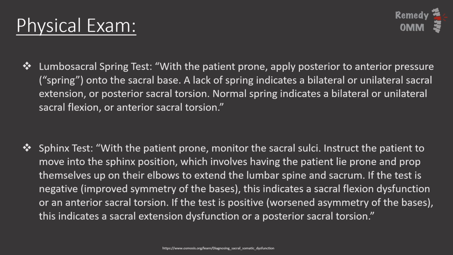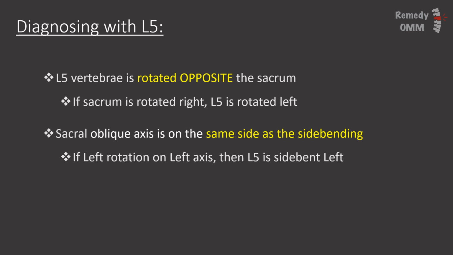If the test is negative, that means that they have improved symmetry of the bases. This indicates a sacral flexion dysfunction or an anterior sacral torsion. If the test is positive, meaning worsening of the asymmetry of the bases, this indicates a sacral extension dysfunction or a posterior sacral torsion. Using these special tests, as well as your physical exam and palpation, you will be able